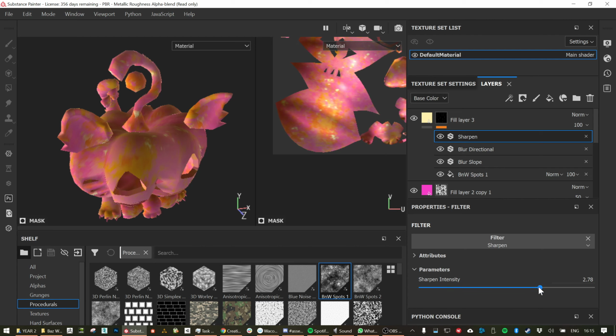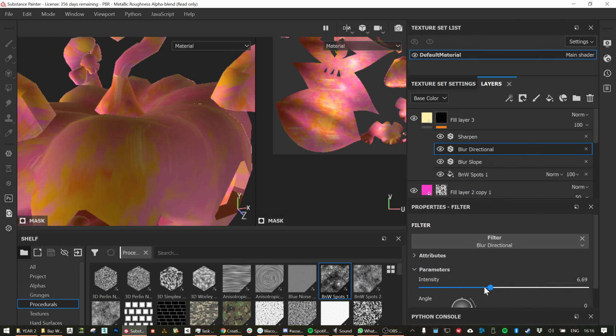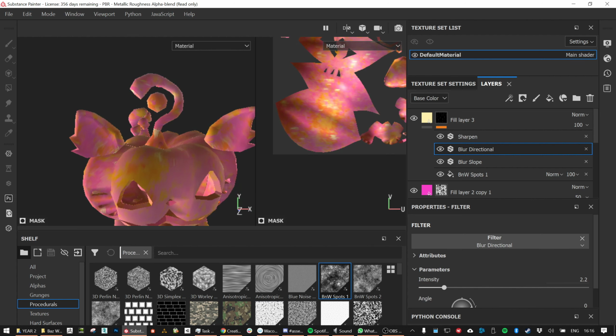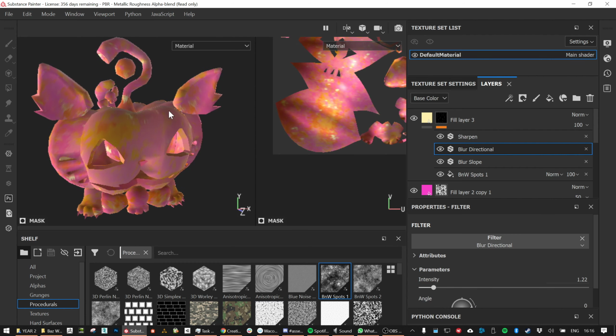If you really go crazy on the sharpen and the directional, I don't know if you can see it, it kind of looks like wood streaks almost. Like so, that's how you would make stylized wood. So that's basically how you would build up more layers. So instead of doing just more copies of the same layers, I'll also show you